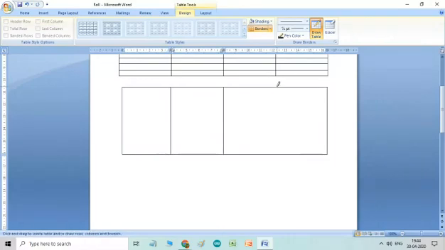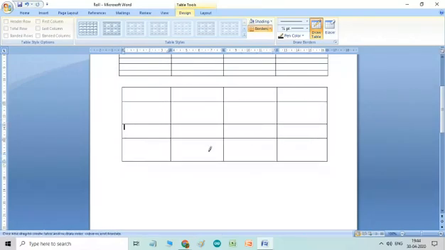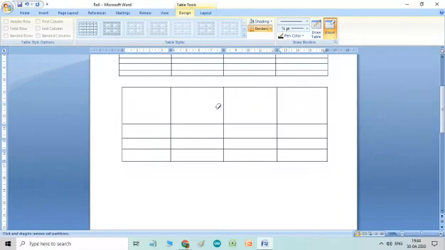Simply make a line and create a table this way. So here we have used the Draw Table option. Suppose in case you want to remove any row or column. In the Design tab, the Eraser tool is there, and you simply erase whatever you don't want, the line which you don't want, row or column, you can erase from here.